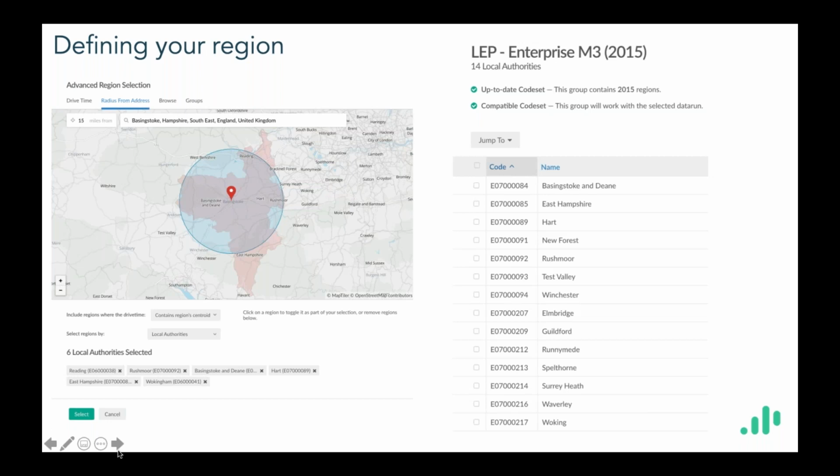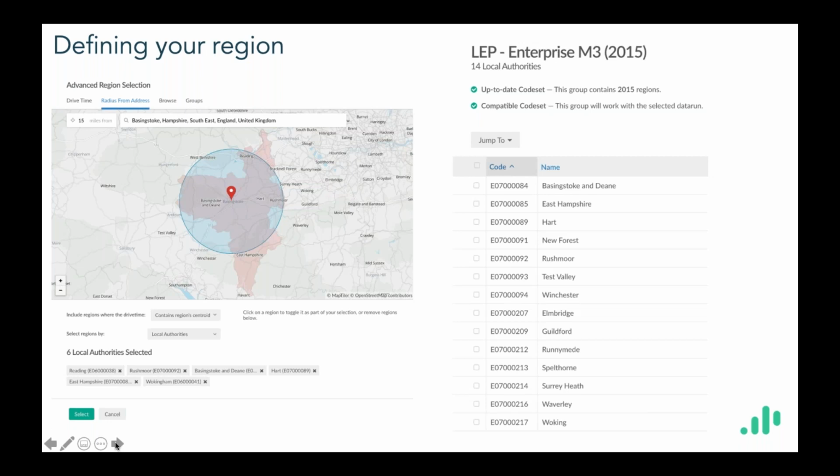And again, in Analyst, you can create those and save them in the system, as you can see with the Enterprise M3 region there captured in Analyst on the right of your screen. If you're not in England, then of course you can create your own grouping. So for example, the Forth Valley in Scotland is one that a number of universities use north of the border, although they do tend to differ in their definitions of the makeup of the Forth Valley sometimes.